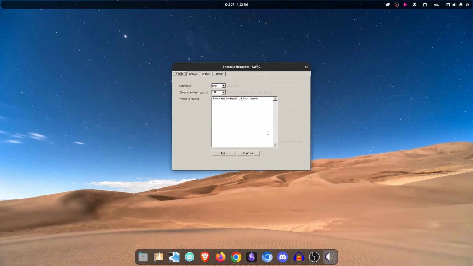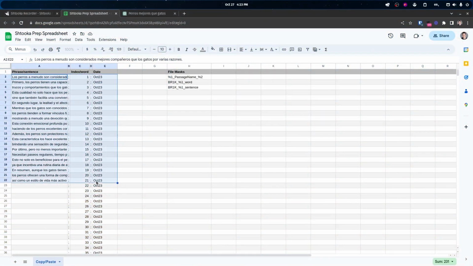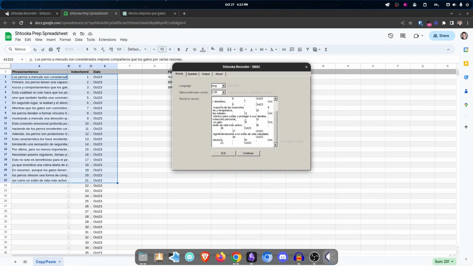This front page is where the most important thing is, your word list. You can copy and paste or just write out the words here. Each new word should be on a new line, since you don't actually need to do just words. Sentences and phrases work great as well. I find it easiest to do everything in a spreadsheet and then copy and paste over into this box. I've put up to 1,000 words at once, but that can slow down the program. A few hundred at a time should be more than enough for a single sitting.